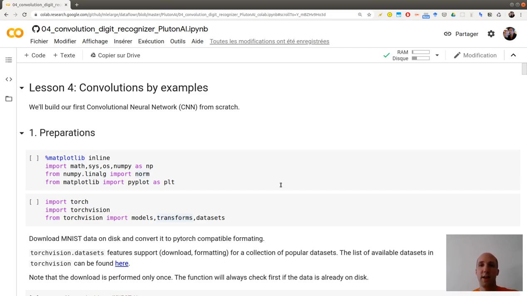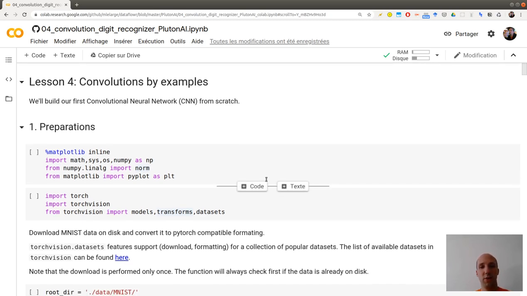But before that I want to show you what convolutional layers are, so what convolution and max pooling layers are. So this video will be an explanation about convolution on a particular example, and at the end of this notebook you will have a small practical to do in order to put everything together. So let's start.